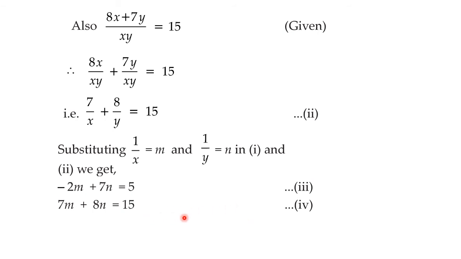Now you can solve it by yourself. Either you can go for elimination method, you can go for substitution method, you can solve it by Cramer's rule also. Okay, any method you can use, and then you can find values of m and n and again resubstitute that to get values of x and y. Okay, so this question you are going to solve further by yourself. Okay, so this note is written, solve it further by yourself. I have not given the complete solution, you have to do it.